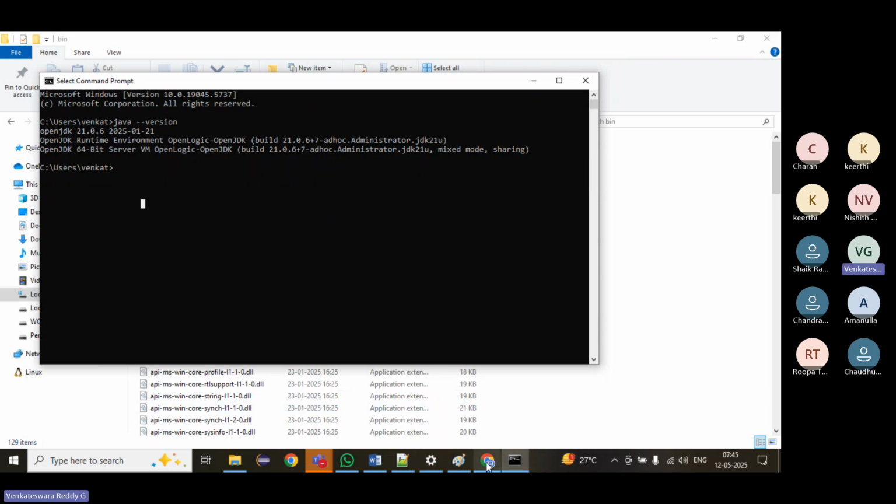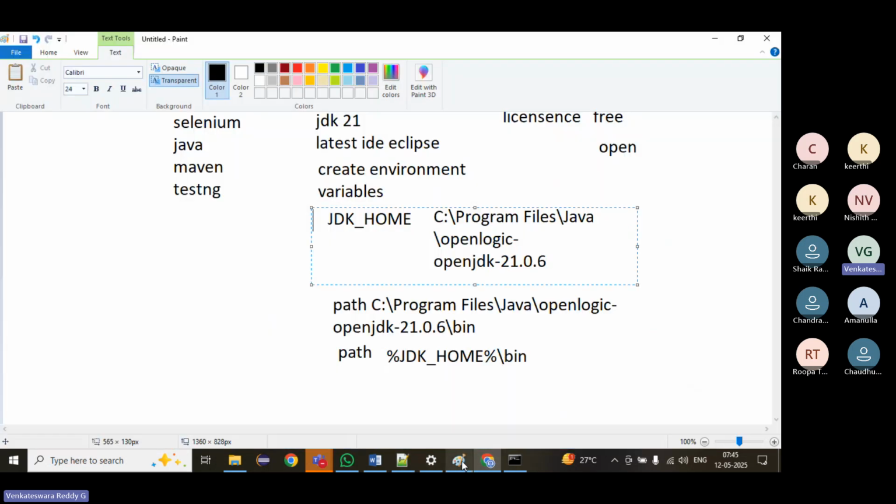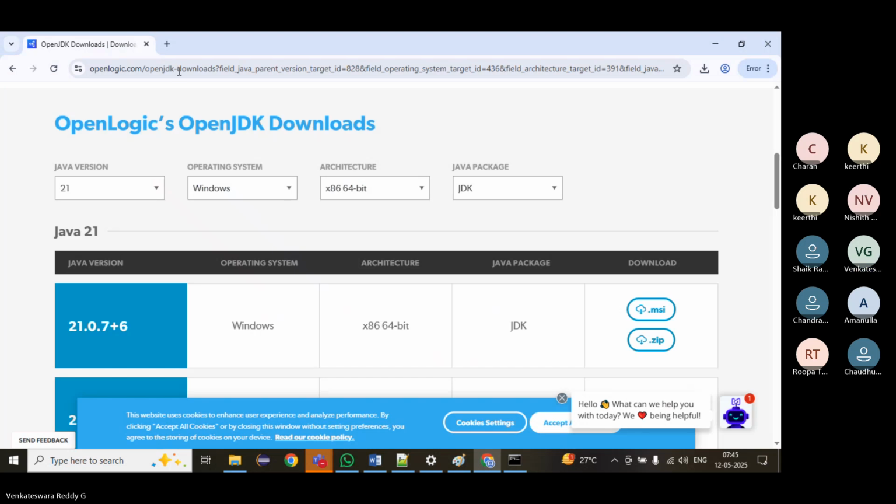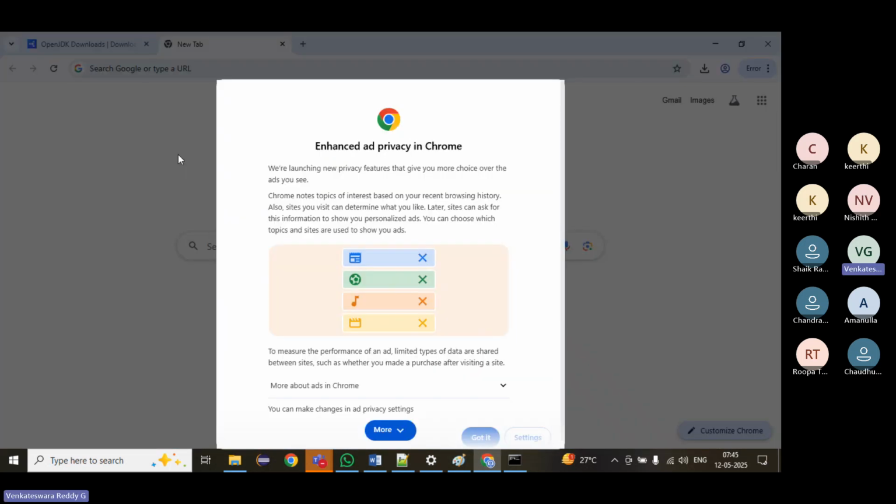Similarly, what are our prerequisites? First, we require the JDK. We are going with JDK 21, and then the IDE, Eclipse. The next one is Eclipse. Again, we can